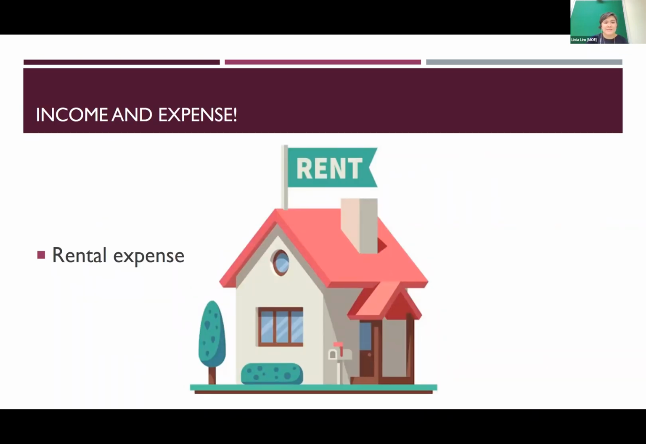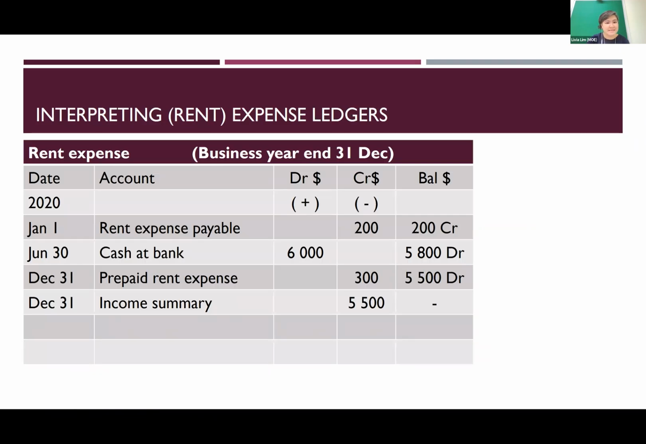So your rental expense ledger account might look something like this. All right, and this is assuming a business year end 31st of December. Now, I use rental expense as an example, but mainly it can be any kind of expenses. It could be salaries, it could be interest expense, etc. In any case, in a rental expense, you might see something like this. So on 1st of January, a rent expense payable of $200. Okay. So if you see this,